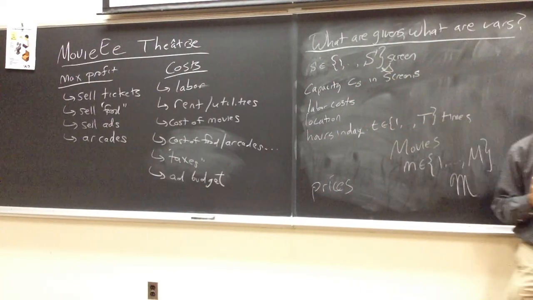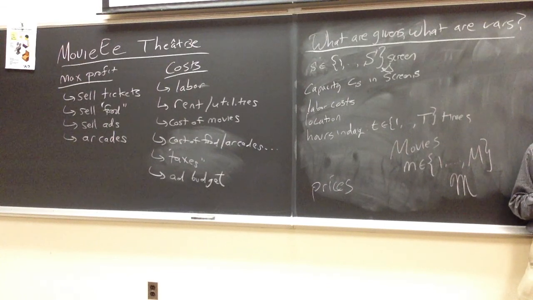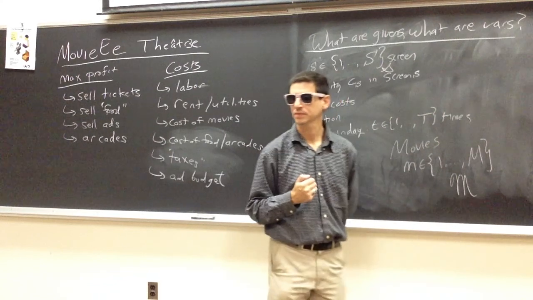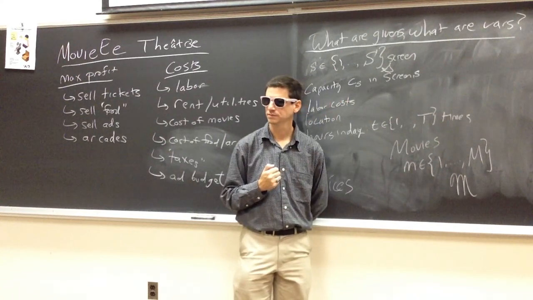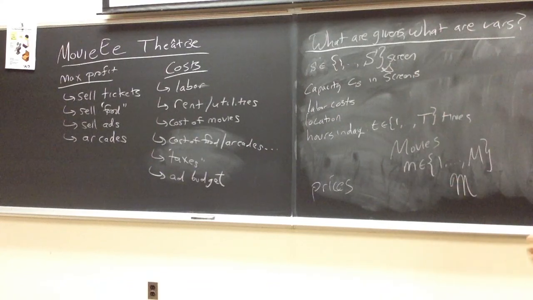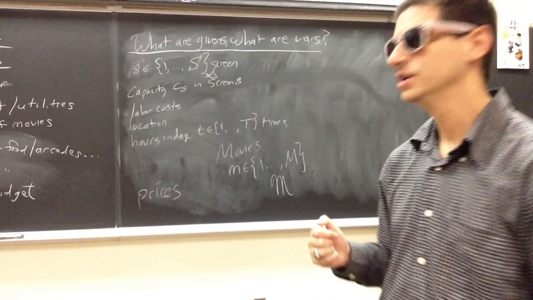And what we might just do is we might just have a bunch of different prices and just see what happens. Yes? For a given movie, how many screens are we going to be showing it at each time t? Okay, so this is going to be the key variable for what we're doing, is to try to figure out.